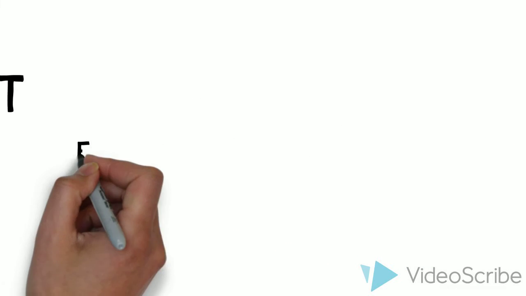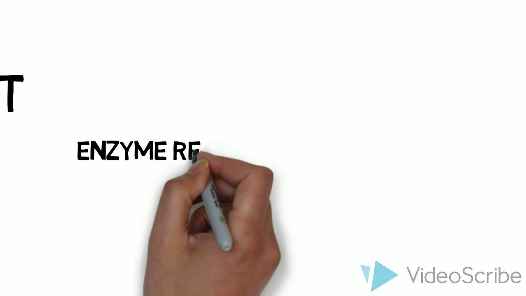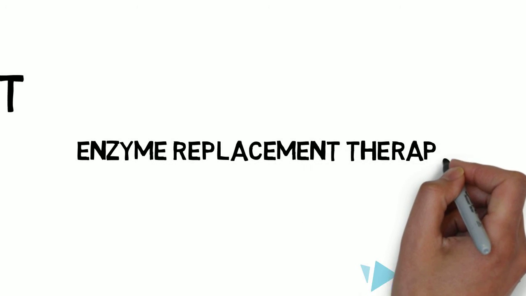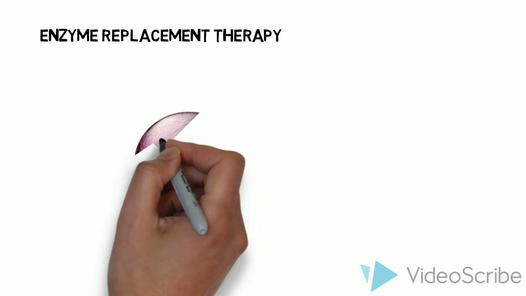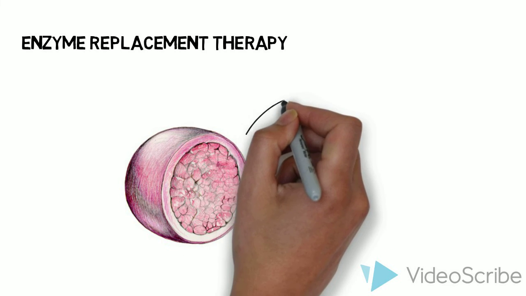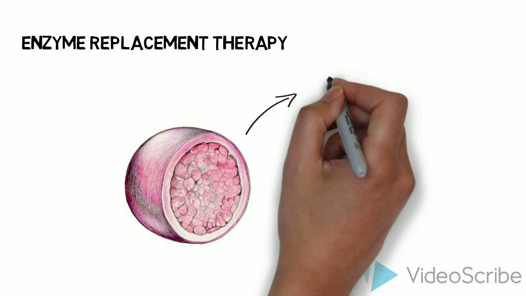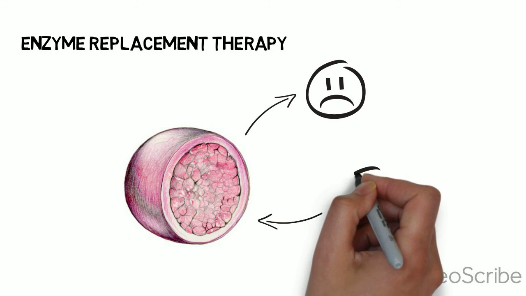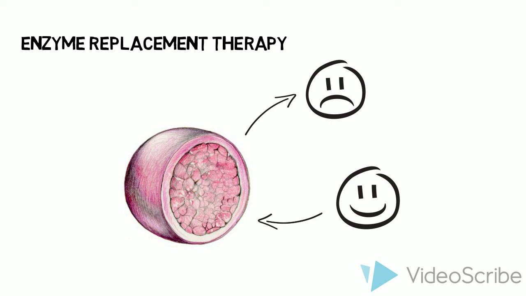One of the most effective treatments used recently is enzyme replacement therapy, which is a treatment intended to replace the deficient GAA enzyme. By replacing the deficient GAA enzyme with normal enzyme, lysosomes are able to function normally again with the help of the normal enzyme, helping the digestive system to break down